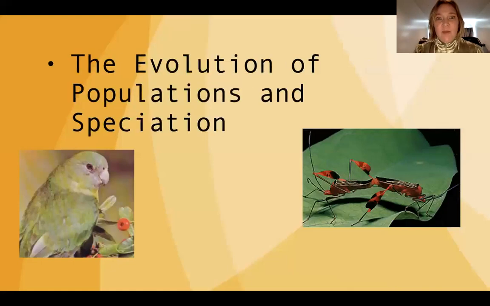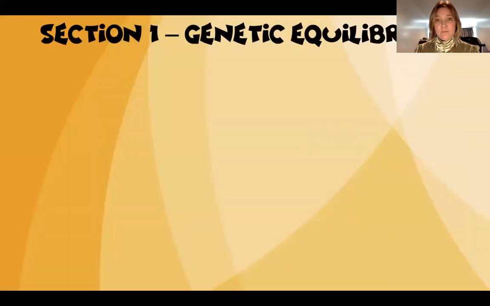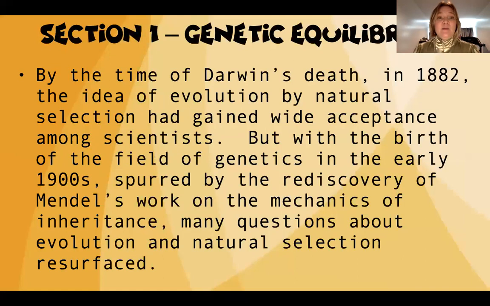This is chapter 16, section 1 on population genetics and speciation. Section 1 is on genetic equilibrium. By the time of Darwin's death, the idea of evolution by natural selection had gained wide